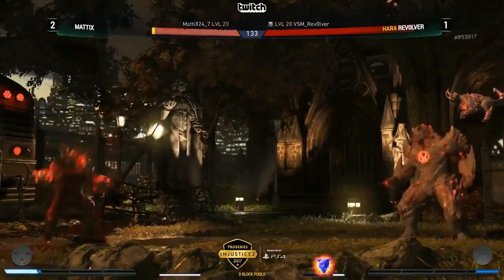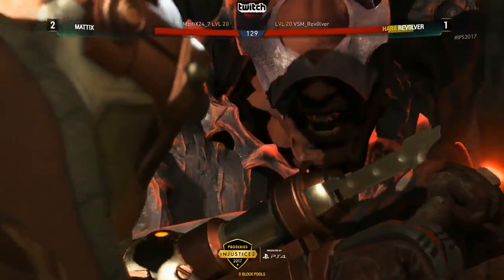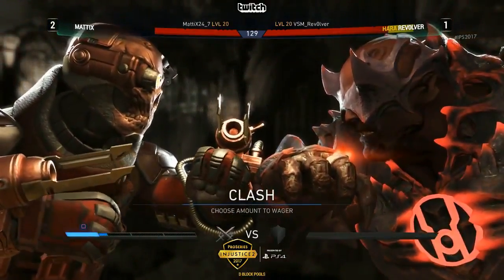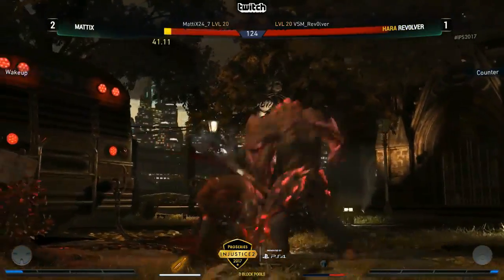Right. It takes a lot of skill to set up a situation where you force him into block stun long enough that he gets that full aura. And a jump back in the corner actually saved Mattix from Dexter and the pressure coming forward from 4-2-2 of Revolver. And clashing right there means that he's going to lose Dexter for quite a while, but he's...